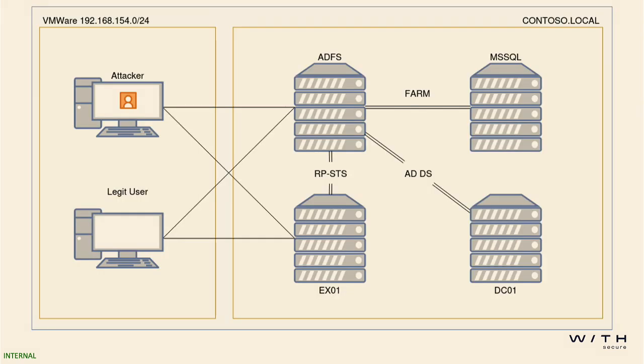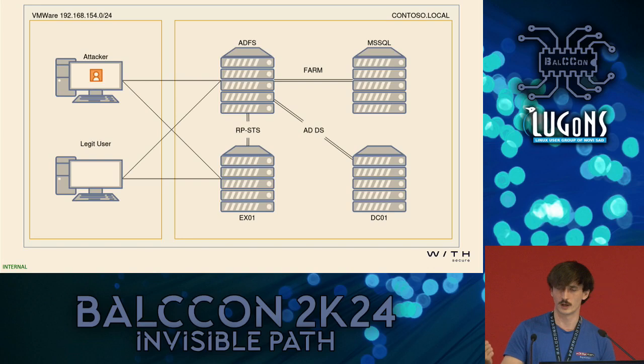So essentially, to understand how to attack an environment, it's always helpful to build a lab. So I specifically replicated what they had. Obviously, it wasn't as large of an environment. The environment that we were reviewing had like 600,000 users and like 60,000 machines. It's ridiculous. So essentially, I set up one ADFS server, one MSSQL server, Microsoft Exchange on premises as essentially the relying party. ADFS was the security token service, and the domain controller provided Active Directory domain services.